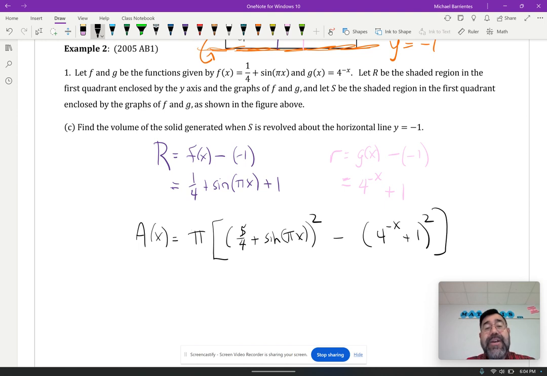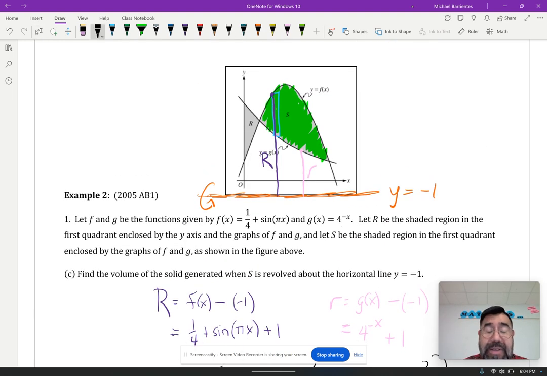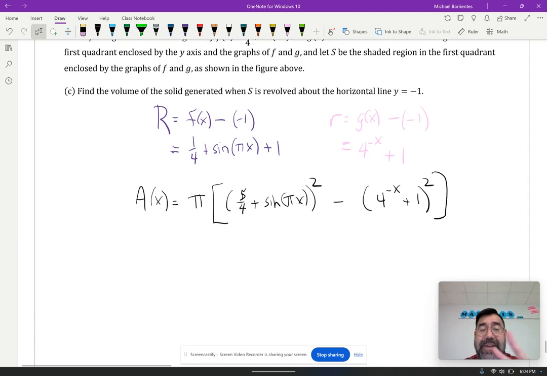That's how I find the area of one of those slices. By the way, when I do one of those slices, because there's an unshaded region, because there's space in between, then it's going to be a washer. So I have to have two r's. And now to find the volume,